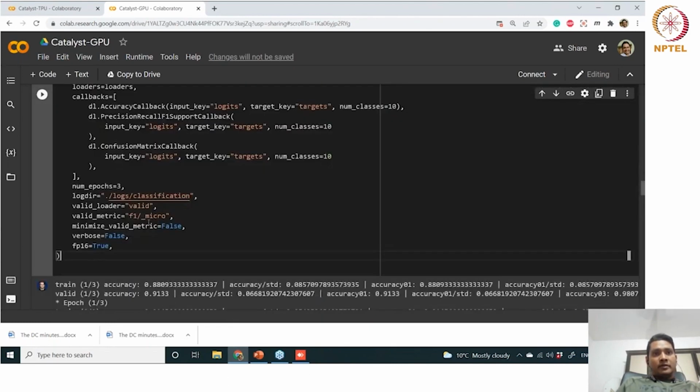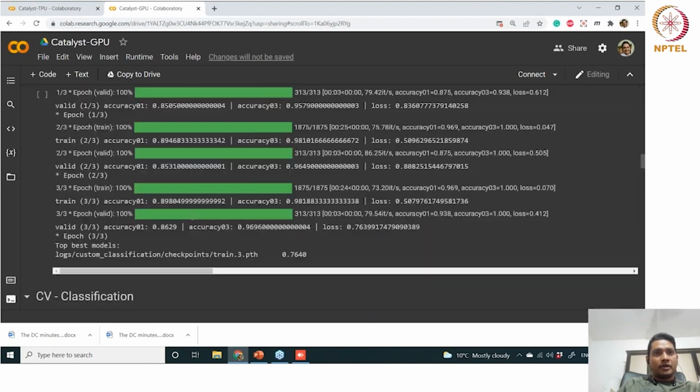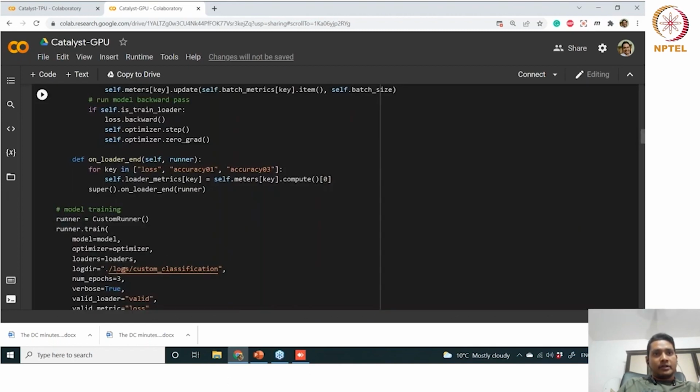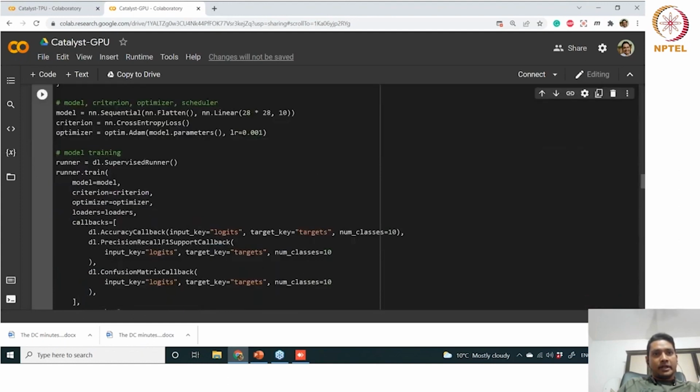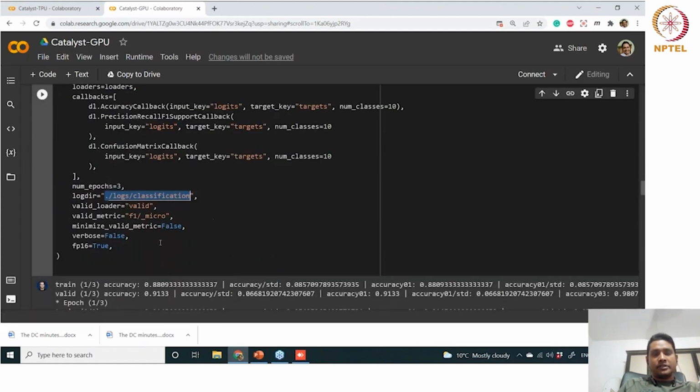So one more thing here. As you are seeing, everything we are logging into this directory, for the previous model as well, right? In the logs directory, custom classification previously, and this is the simple classification with these callbacks.